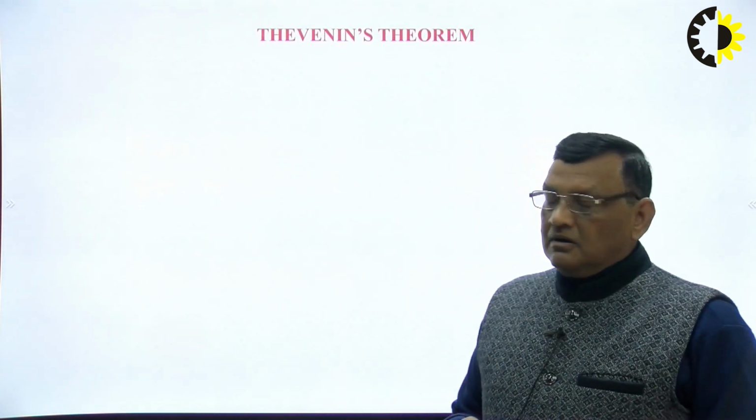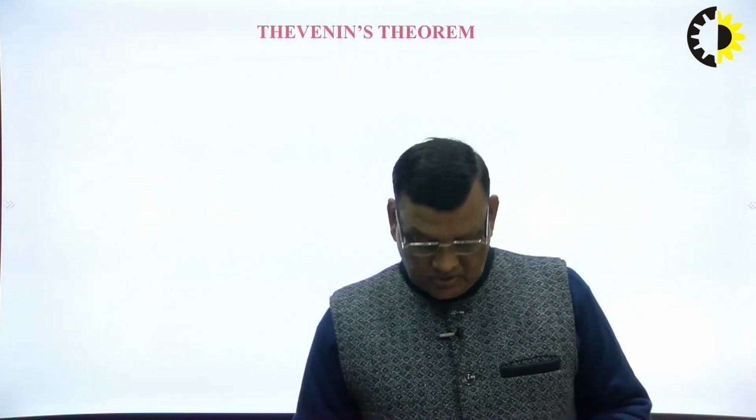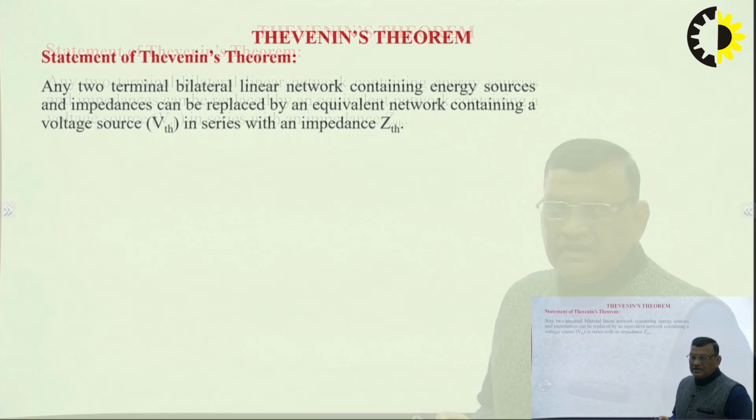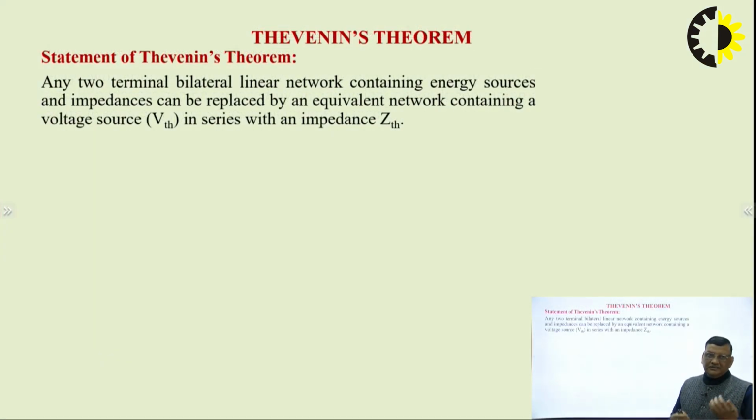So first I am going to discuss Thevenin's theorem. So what is Thevenin's theorem? Thevenin's theorem basically says that any two terminal bilateral linear network containing energy sources and impedances can be replaced by an equivalent network containing a voltage source VTH in series with an impedance. So any complex network containing a large number of energy sources with their impedances can be replaced by a very simple circuit